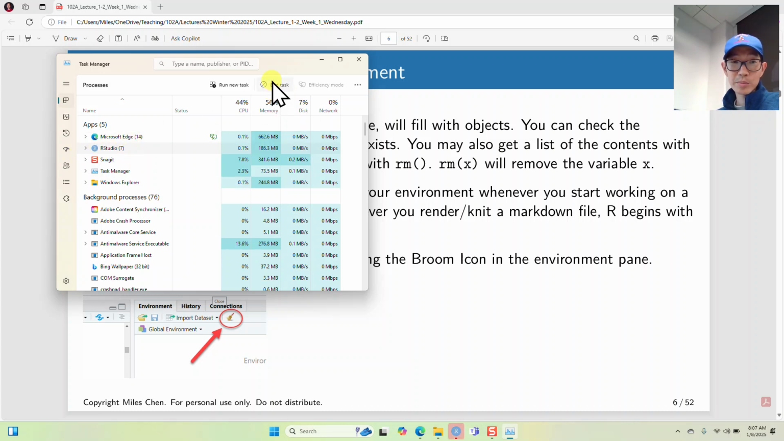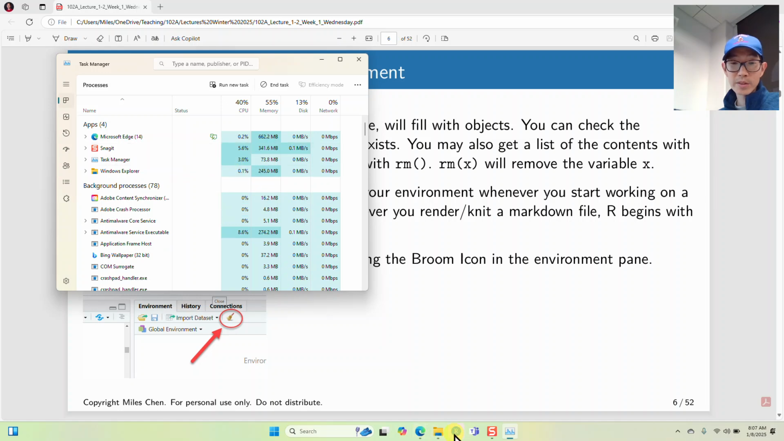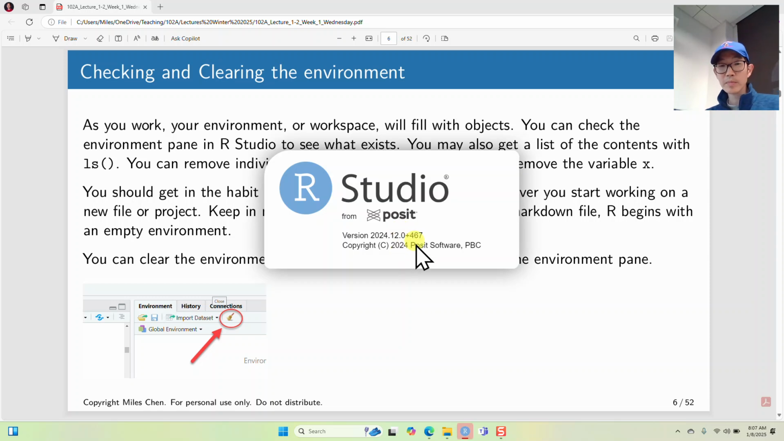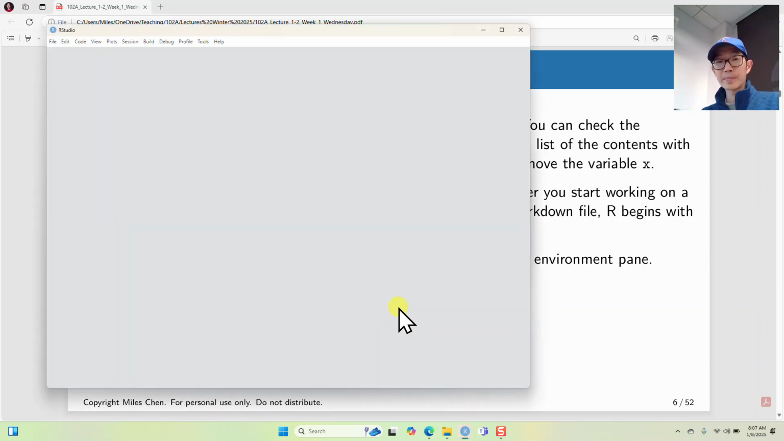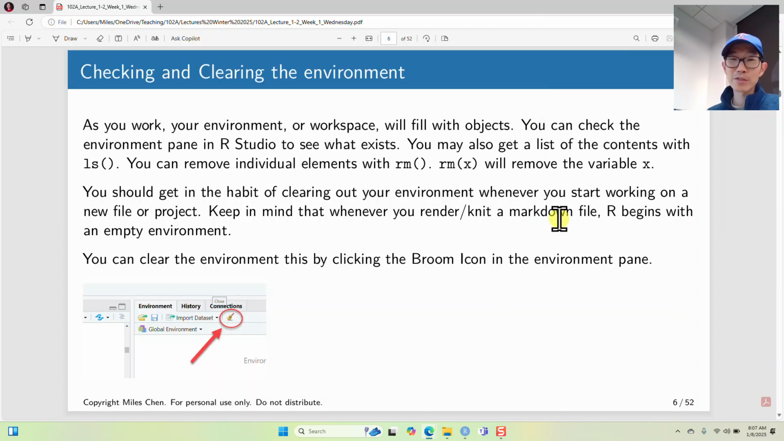The computer's going to be mad at me. All right, let's try this again. All right, I don't know, it's having trouble loading. You know, you'll get, this is going to fill up, and